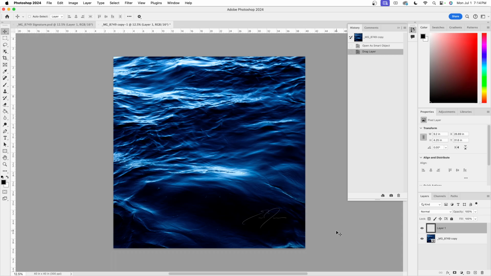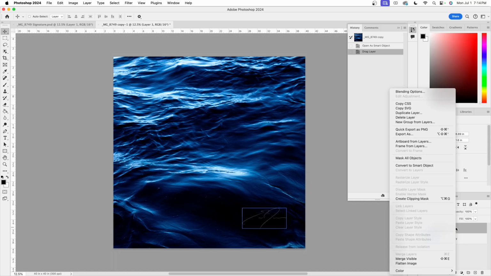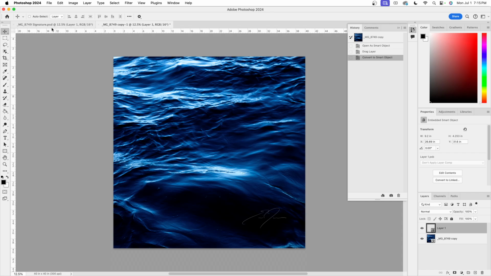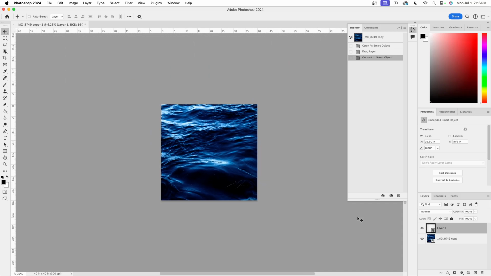I'm not blowing up this image as far as enlarging it. So technically I don't need to turn this layer into a smart object, but I can. And then I'll go ahead and close this one. All right, so now the raw file. Yeah, you see how bright